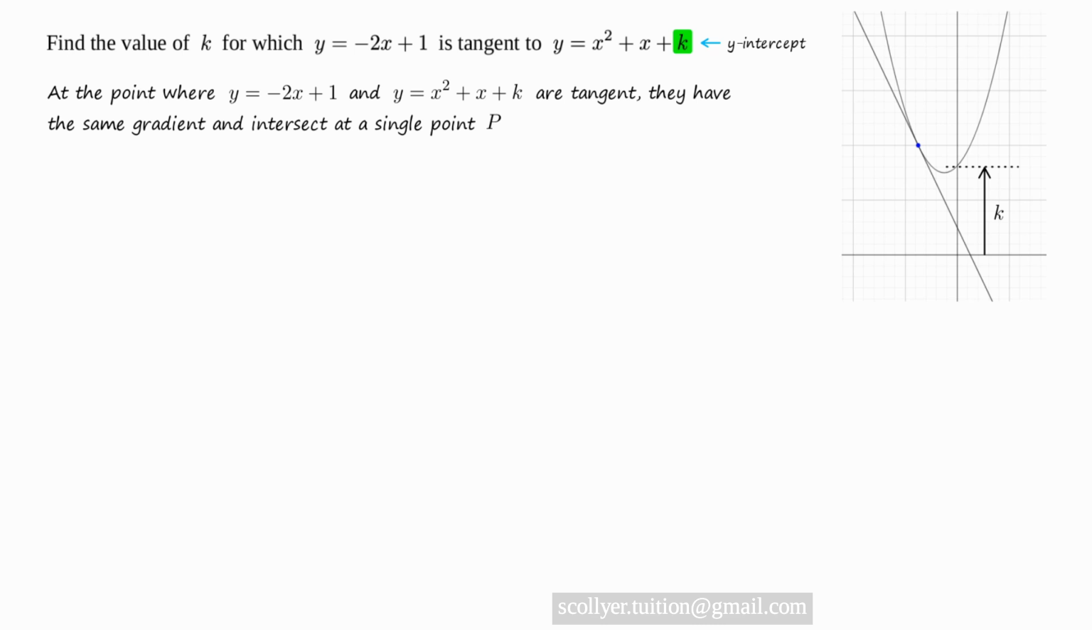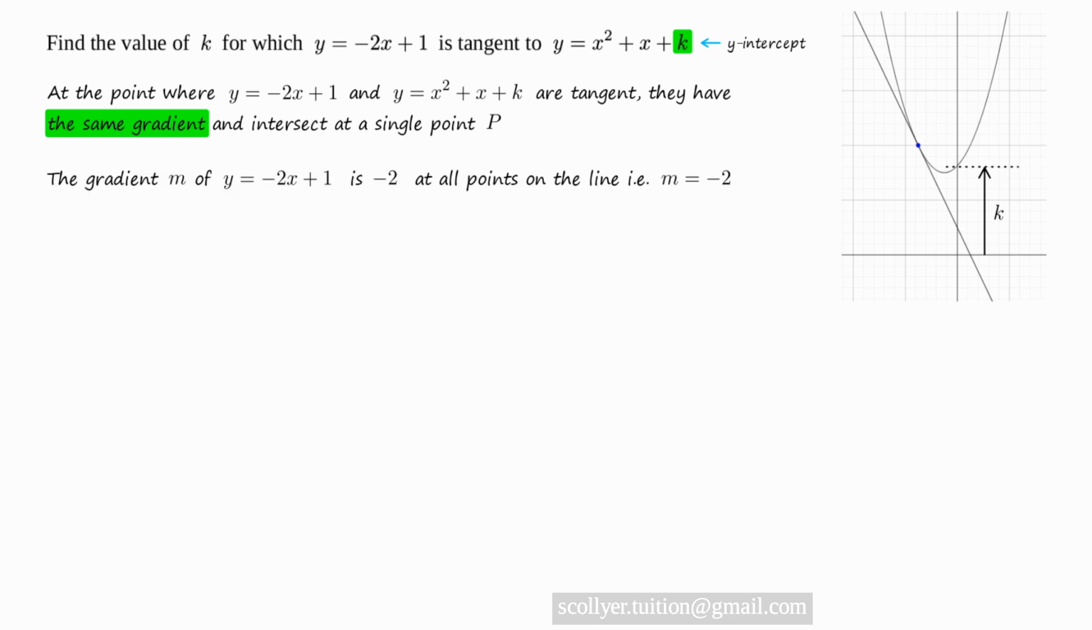At the point where the line and the curve are tangent, they have the same gradient and they intersect at a single point P. We first find the gradient of the line and the curve at the point at which they intersect. Now we immediately see that the gradient of y equals minus 2x plus 1 is m equals minus 2,